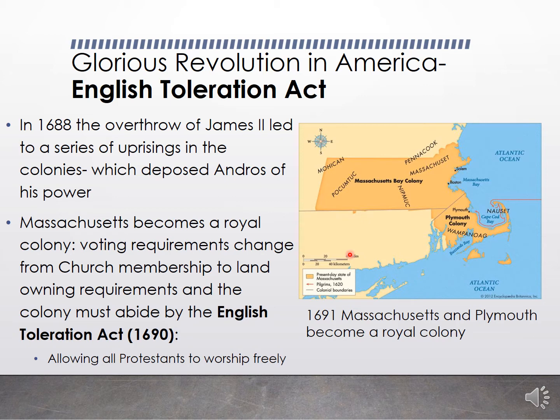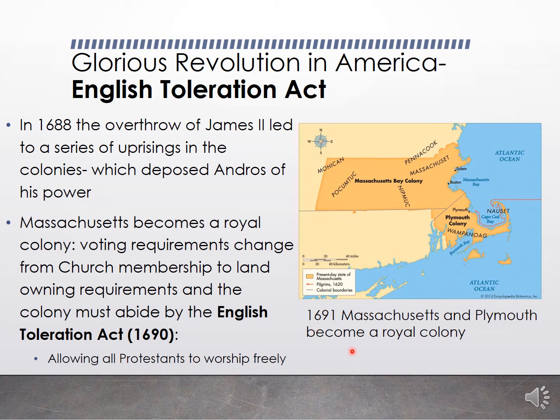Remember the church membership and the visible saints and all of that, and you have to own land and all of that. You must now allow any male of voting age within this colony to vote, and the colony must abide by this new act of Parliament called the English Toleration Act. The English Toleration Act is passed by the British Parliament in 1690, and basically what it does